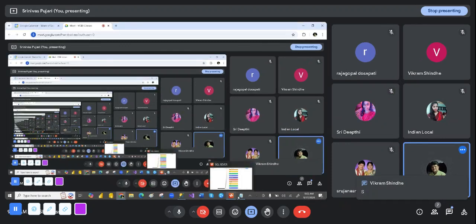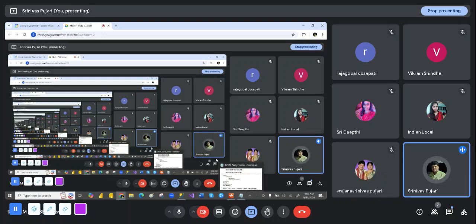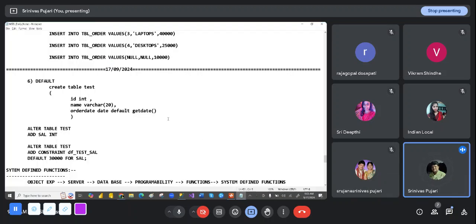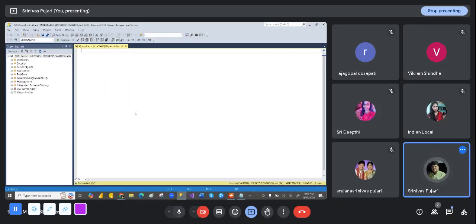So what we discussed yesterday about the constraints, right? We discussed the constraints, and only one, the default constraint, is left. So what is the default constraint? Default constraint, something like, suppose